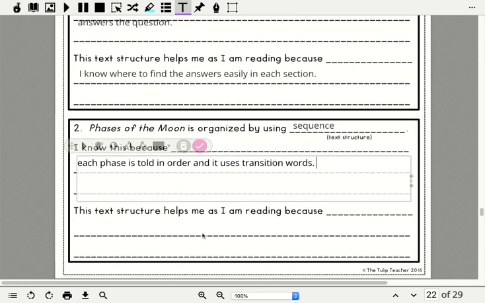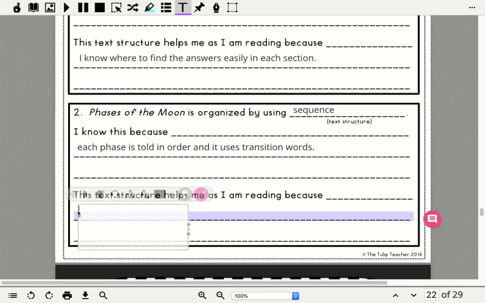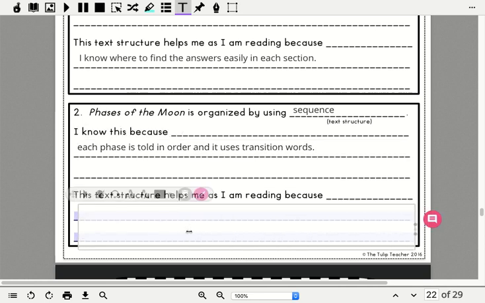This text structure helps me as I'm reading because, so it's specific here because I now understand the order of the phases of the moon. And you have completed your solar system